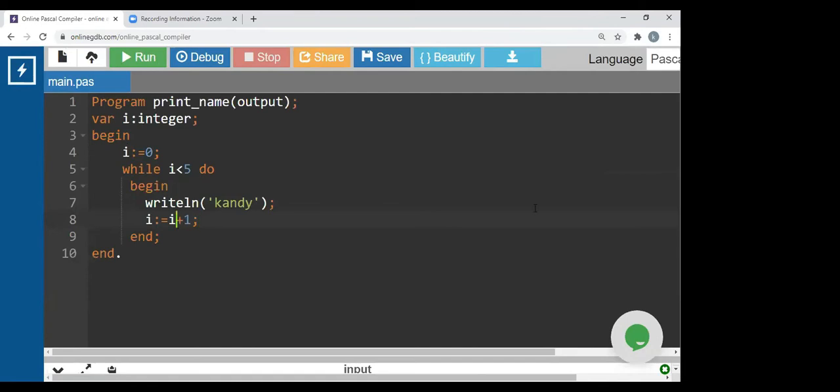So the meaning of this is, here you can see the program and the name is print name. Let's say print candy or something like that. Print candy. So here I is the iterative variable. It's declared as an integer value. So here you have begin, I equals 0. Then while I less than 5, you can do